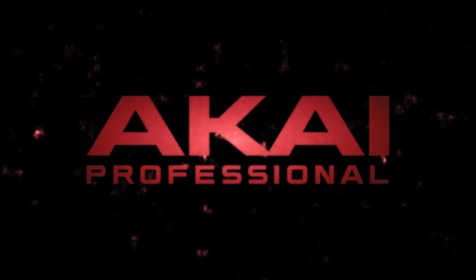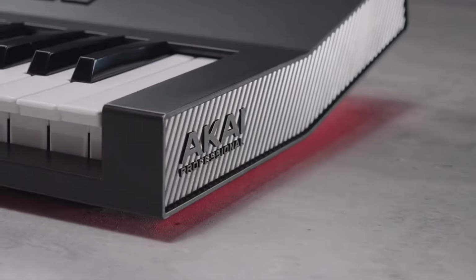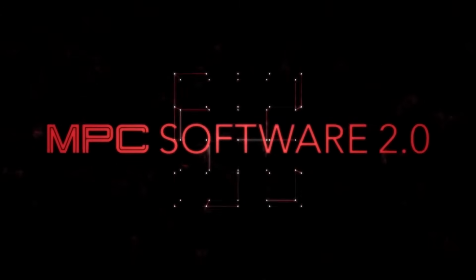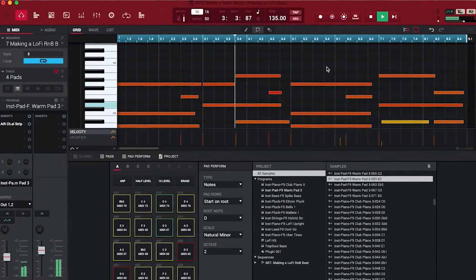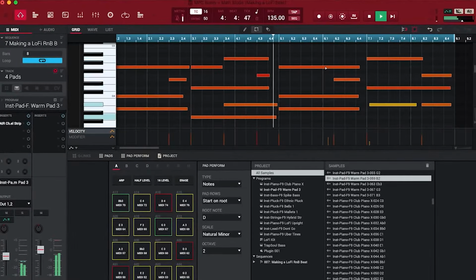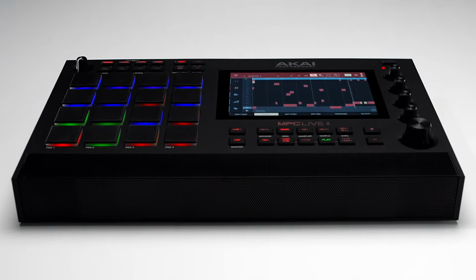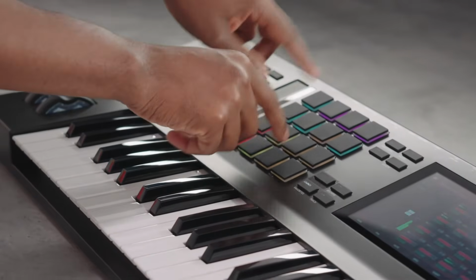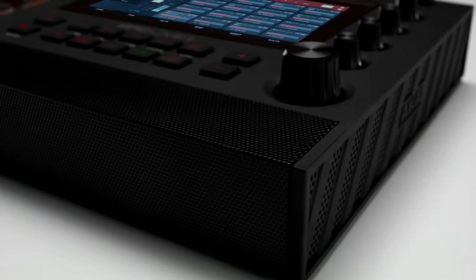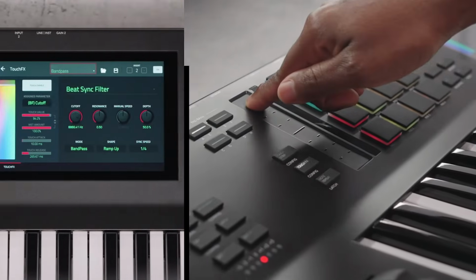Hello there. In this video, I'm going to show you how to register your MPC and how to download, install, and activate the MPC2 software, driver, and its included plugin instruments. In this video, I'll be focusing on the software setup process for MPC hardware that comes bundled with the MPC2 software. I'll be using an MPC1, but this includes the MPC Live and Live 2, MPC-X, MPC Key 61, and